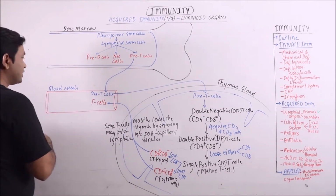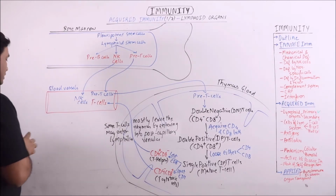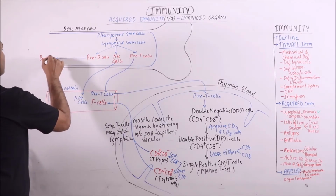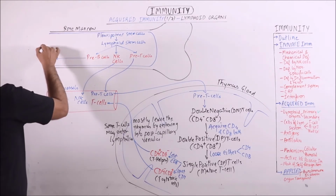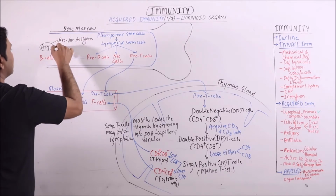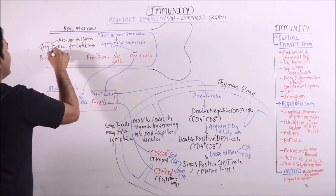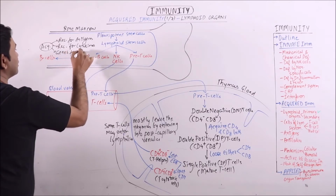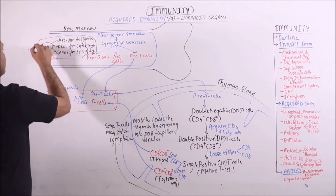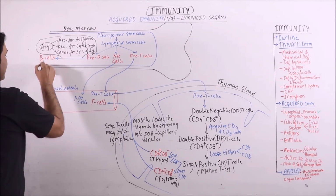Now, these natural killer cells directly enter the blood vessel. And these pre-B cells are converted to B cells, which are mature B cells, by acquiring receptors for antigens, by acquiring receptors for cytokines, and by acquiring genes for synthesis of antibodies or immunoglobulins. So finally, after acquiring these potentials and structures, these become B cells, and these B cells will finally enter the